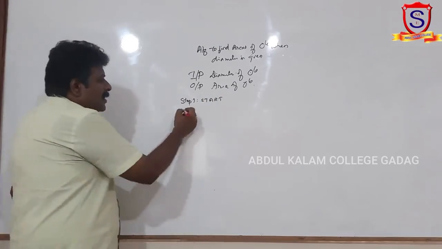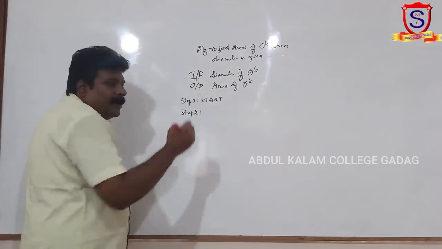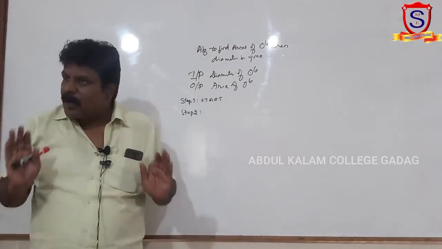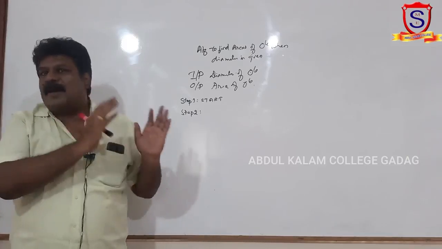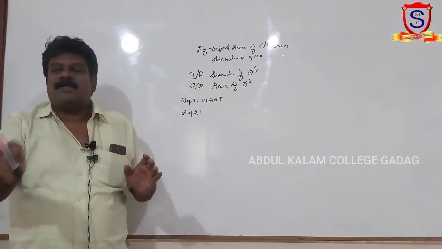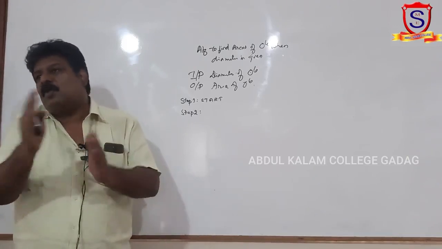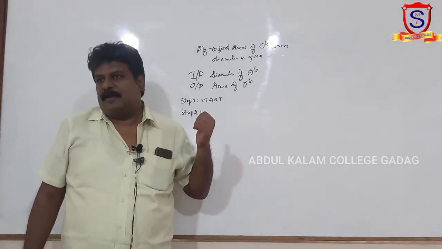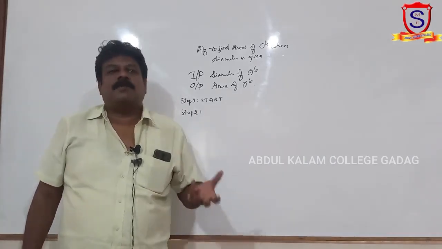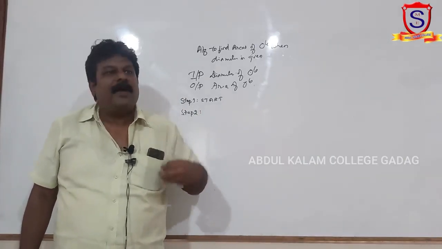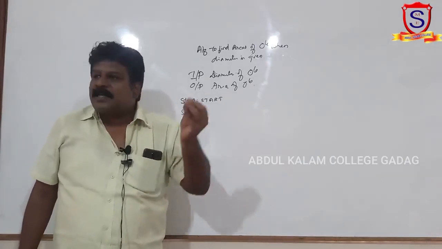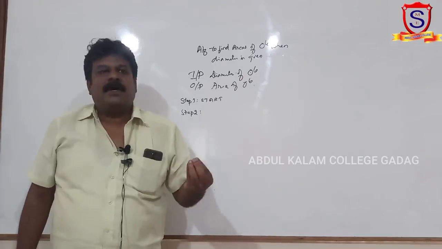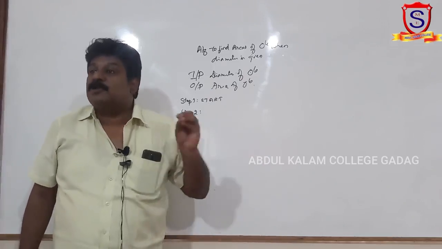Next, step 2, as I've told you, we'll be making use of variables in a program. So, here we are writing algorithm. Later, algorithm will be translated to program. Here it is compulsory for us to declare some variables. Without variables, it is not possible for us to read the value from the user. When the value is given to the computer, it has to keep those values for the execution, right?